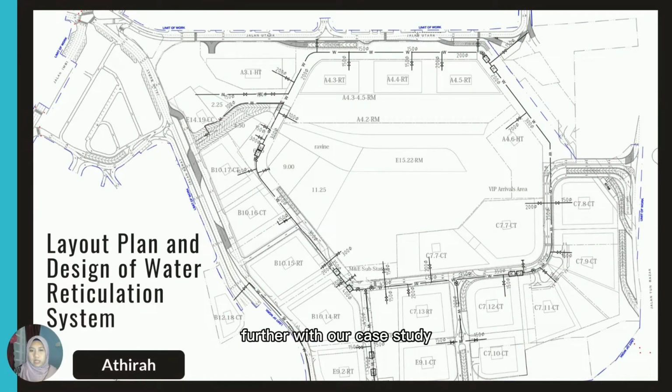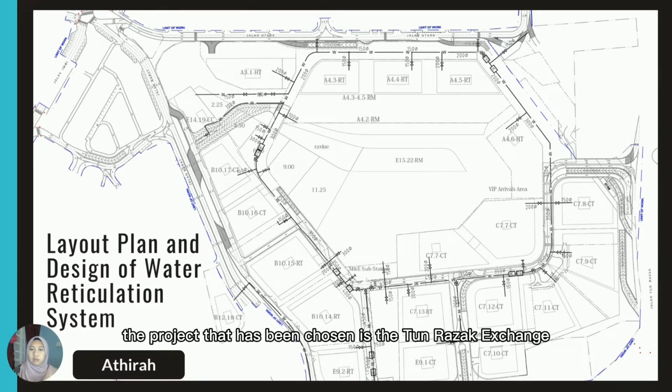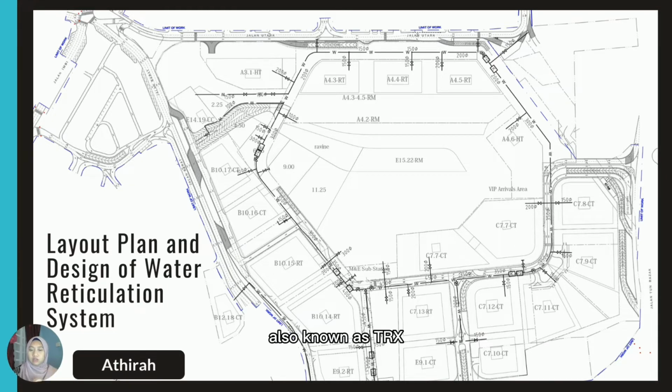Further with our case study, I'm going to explain the layout plan and the design need used in the water reticulation system. Regarding our case study, the project that had been chosen is the Tun Razak Exchange, also known as TRX. As shown in the layout plan, the proposed waterline for the water reticulation system covered the whole site, approximately